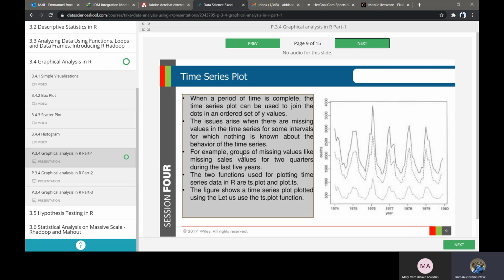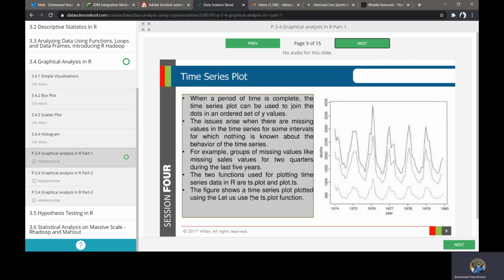So for example, I've already mentioned you want to check the closing price of a particular currency over a particular period, just like forex kind of charts. Those kind of charts are called a time series plot. Those are the kind of data that changes over time, a real-time data set. Then use a time series plot to perform the operations. Here it says the figure shows a time series plot plotted using the